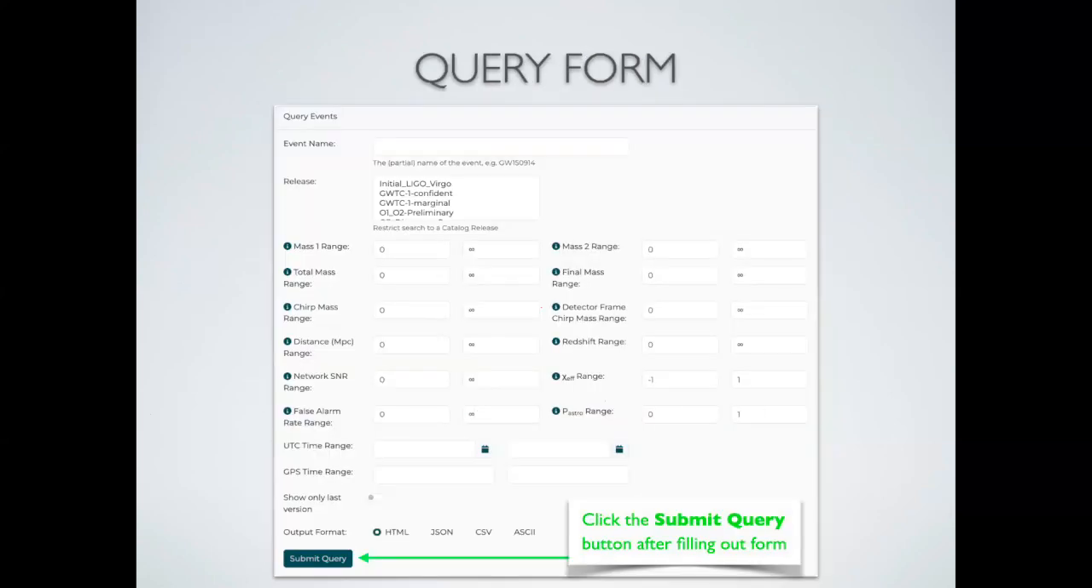If you click on the query form, you come to this form where you can search based on criteria that you specify. You can look for events of a certain name. You can look at a subset of the releases. You specify the mass range, chirp mass, distance, whatever you like. The time intervals, whether you want the output to be HTML, JSON, CSV, or ASCII,